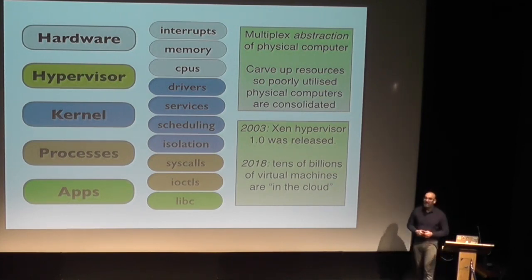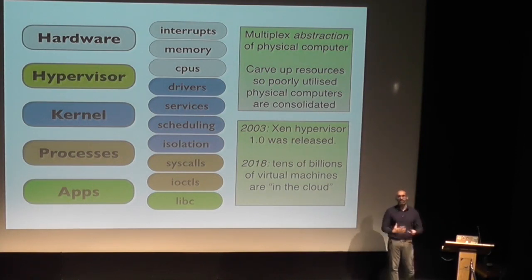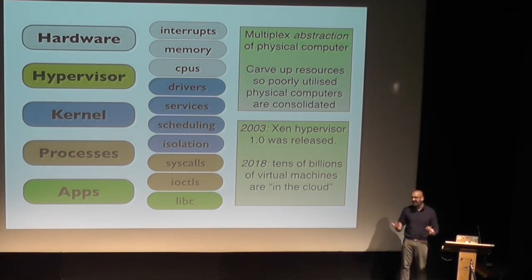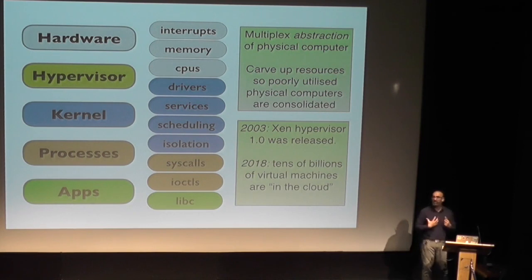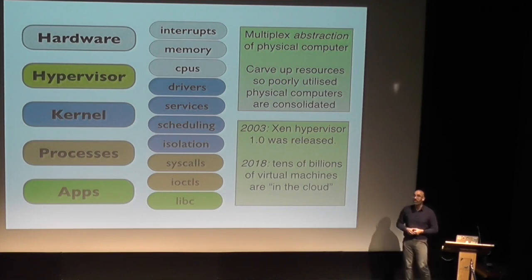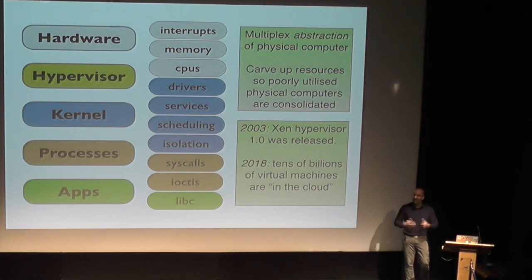And the hypervisor was a super cutting-edge solution in the early 2000s to say, well, we have these physical computers, and the hardware we have is getting more parallel, more diverse, more flexible, but our applications are not really changing, and we're struggling to keep up with making sure that a computer that is getting bigger is fully utilized. So why don't we just lie to the kernels and say, here is a portion of a computer, a virtual machine, and we will carve up the physical resources with a tiny, thin software layer, and then we will make sure that we can run multiple virtual machines on the single physical computer, and thereby start multiplexing more logic on the same physical hardware.